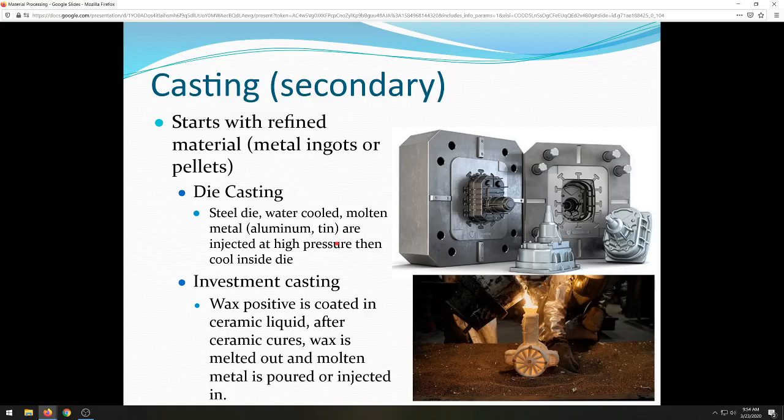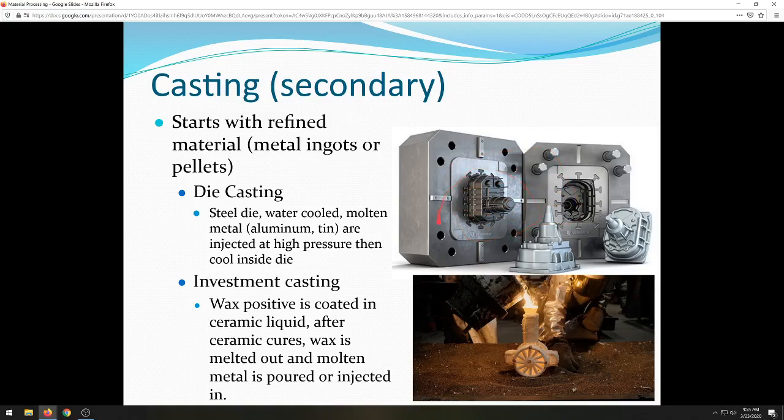And they're injected at a very high pressure, and then they cool inside the die, and that water really rapidly cools them down. And then you get a very highly refined, highly accurate product, because basically there's nowhere for the metal to shrink or expand or anything like that. So, assuming your die is made very well,